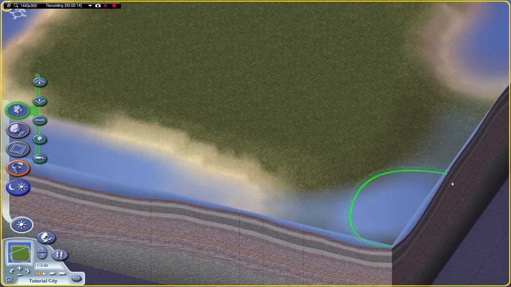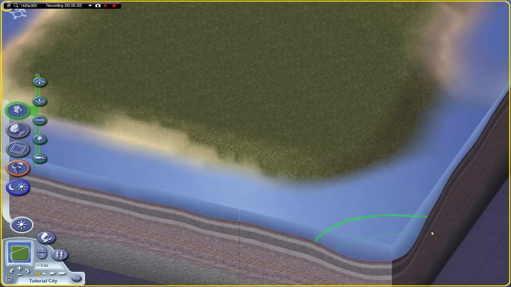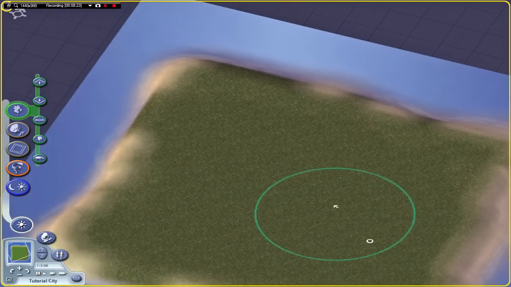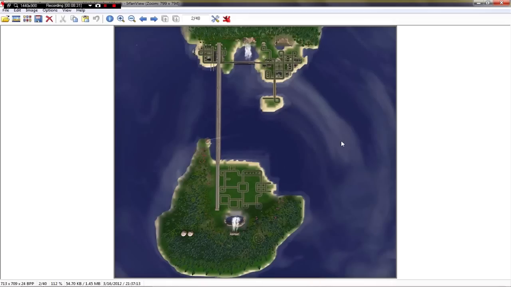Now, you'll notice in Acanthop that I have part of my world bumped right up to the edge. I did that on purpose, and the reason why is because I wanted this area here to be as if it was the edge of a continent. In my imagination, the mainland is a huge continent. Of course, the game has limitations, as does my computer, and so rather than trying to make a huge continent, I simply gave the idea of one by butting it up to the edge of the map,